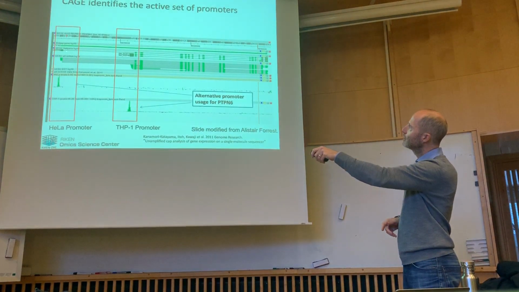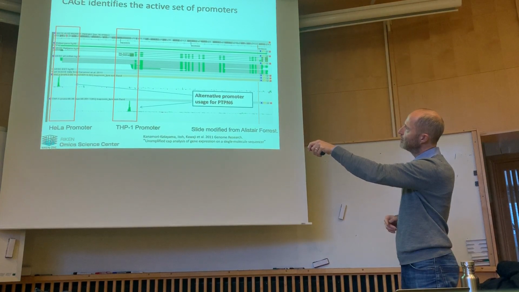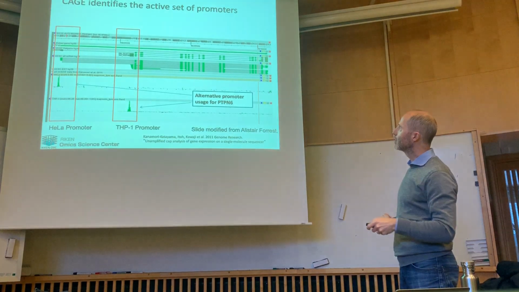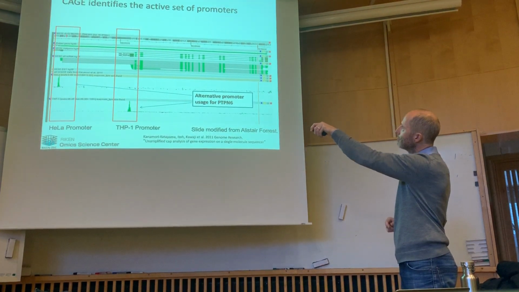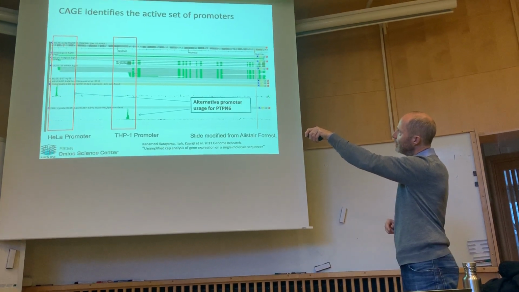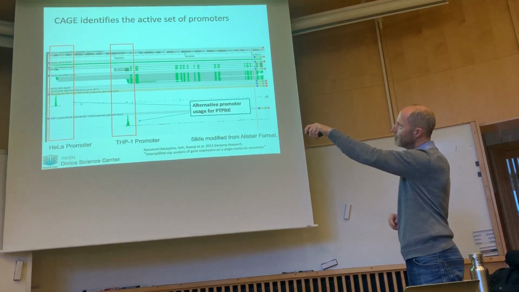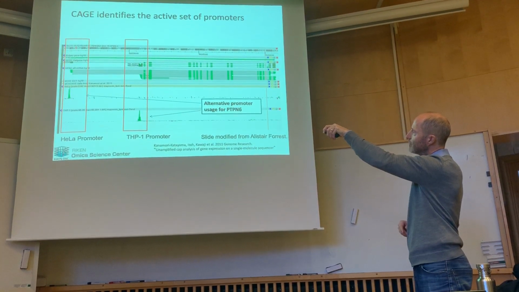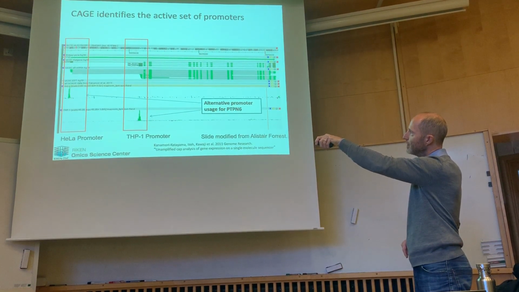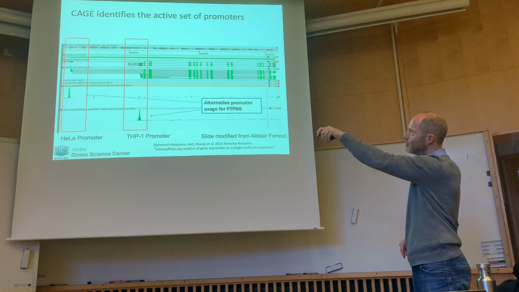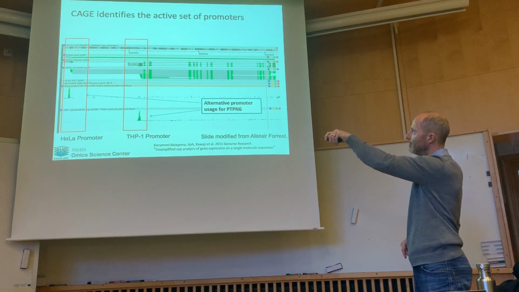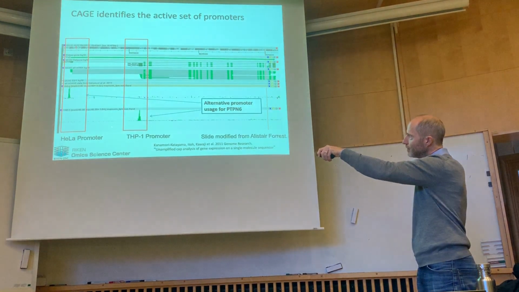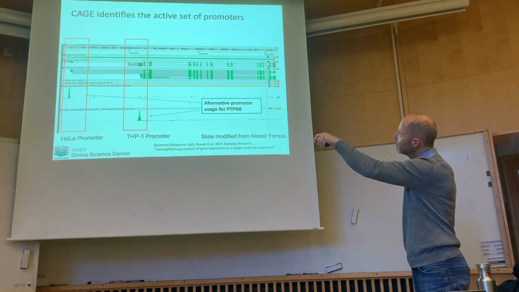So here we have the reference gene, RefGene. This is the very reliable one. And here you have 3 gene models for RefGene. You have one which is starting here. The box around means the untranslated region. And you have another isoform which is starting here. Very interestingly, you see that in HeLa cells this isoform is used, and in PHP1 cells that isoform is used. But as I said before, the set of transcription factors here,